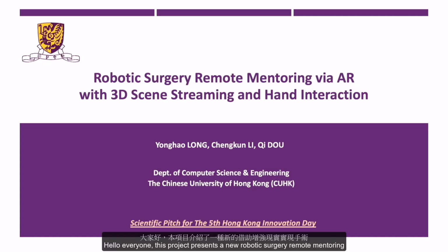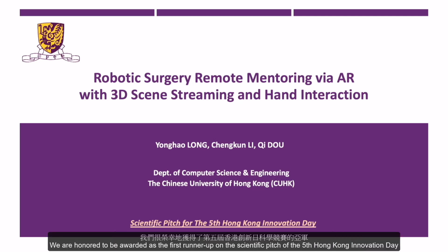Hello everyone, this project presents a new robotic surgery remote mentoring via augmented reality, with 3D scene streaming and hand interaction. We are honored to be awarded as the first runner-up on the scientific pitch of the 5th Hong Kong